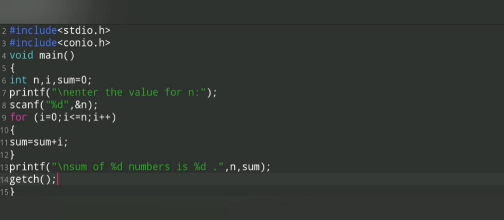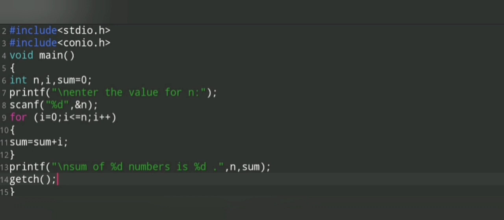As this is a one digit number, it is very easy for us to understand. But let us have a look at this example with the concept of C language. The user has entered the value of n as 3 and we have accepted it. Now the value of n is equal to 3 and the value of sum is 0. In our for loop, we have assigned the value of i equal to 0.